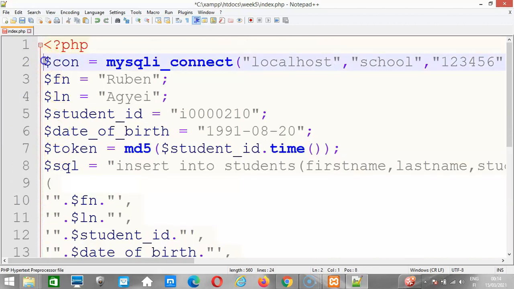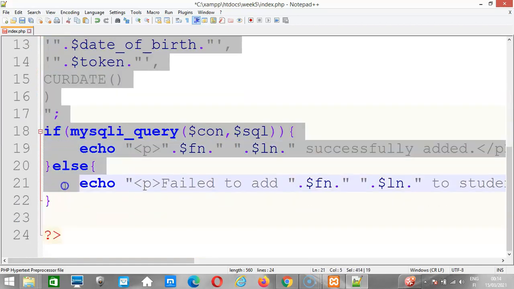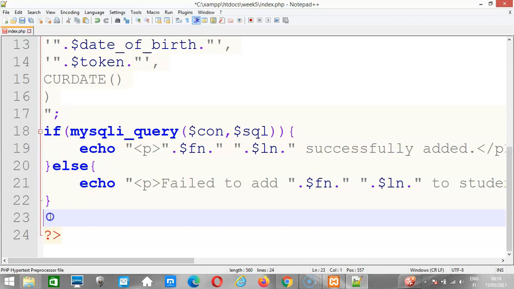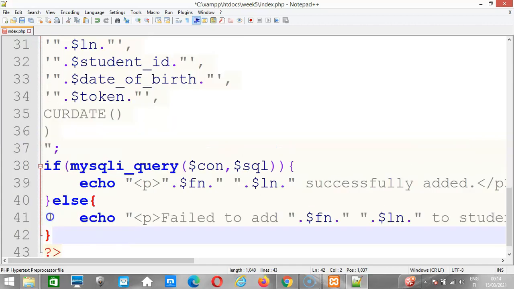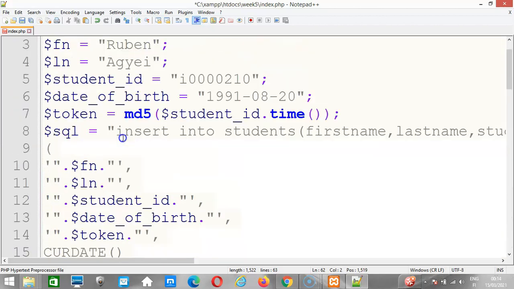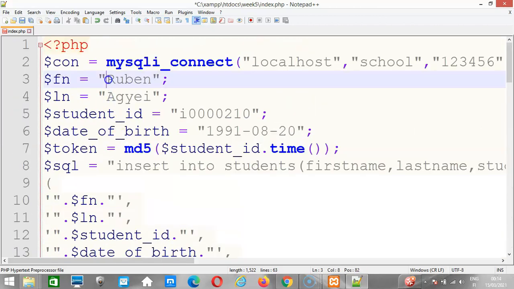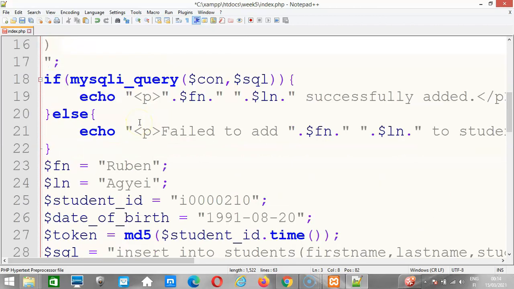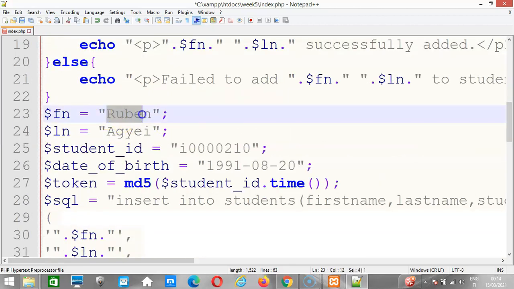We are going to insert more, about 3 of them. So the second person can be